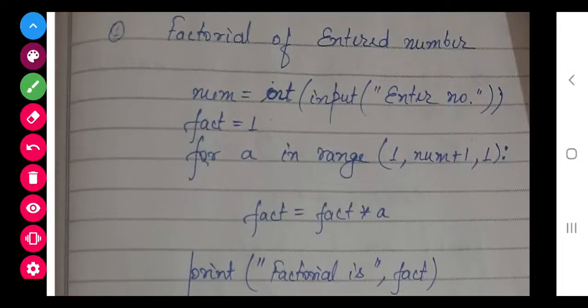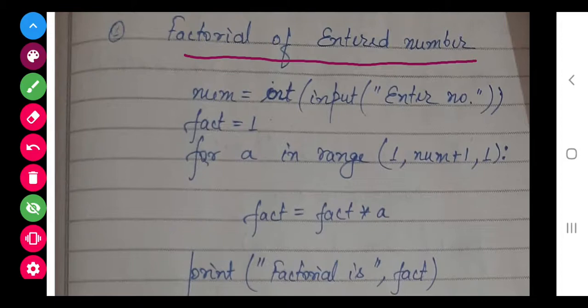Hello students, there is a query asked by some of you. Actually I have given this question in a video but I have not given the explanation of this. So some of you have asked for the explanation. So here I am. So class, see, this is the question asked: find the factorial of